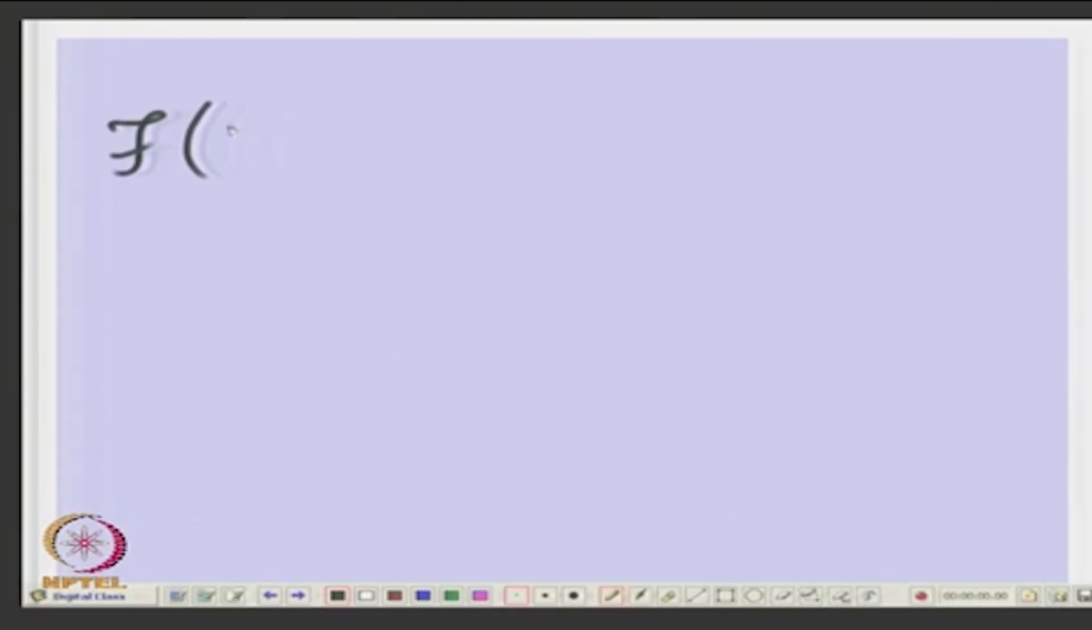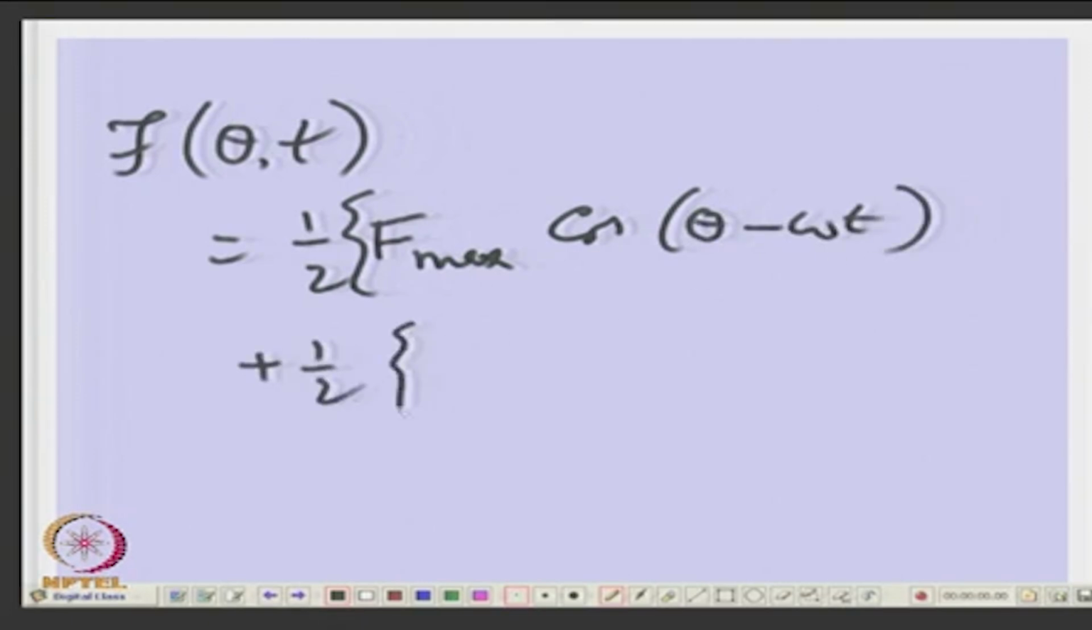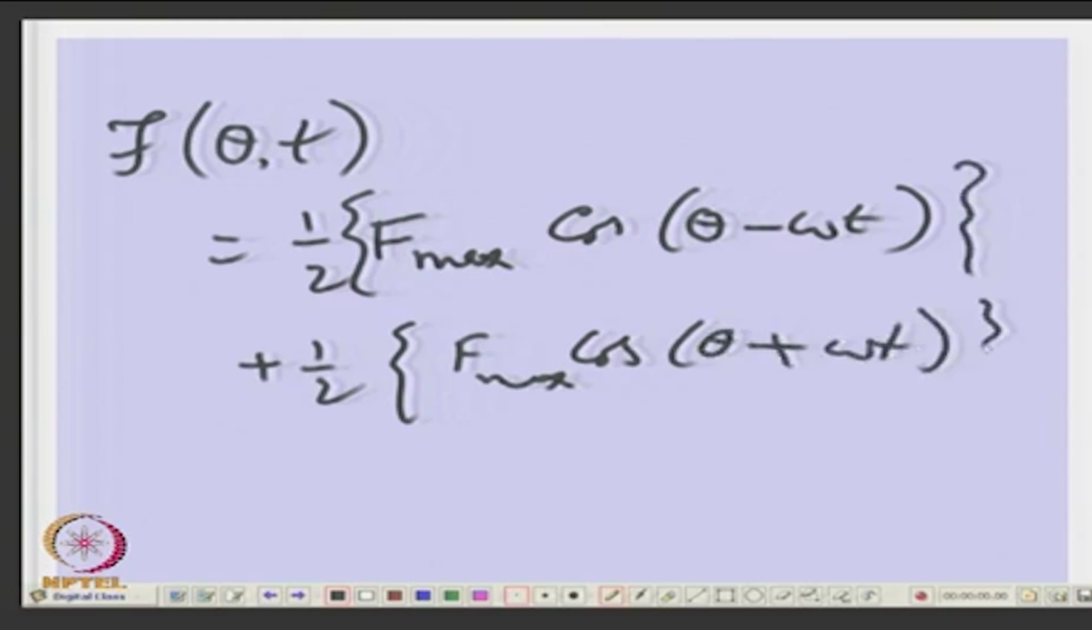Okay. So, you can always write that F(theta, t) is half of F max cos of (theta minus omega t) plus half of F max cos of (theta plus omega t). So, what you have done here is purely a trigonometric resolution. Okay. So, cos A cos B is half of cos(A minus B) plus cos(A plus B), is not it,